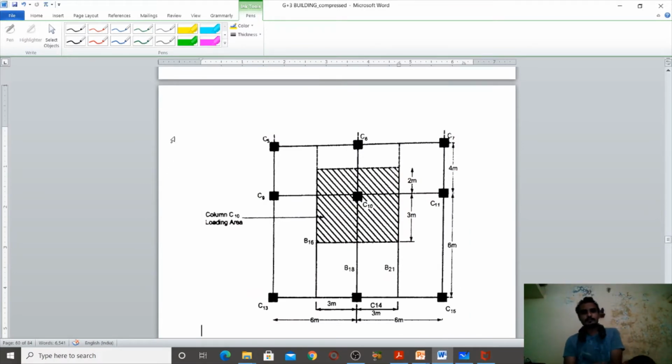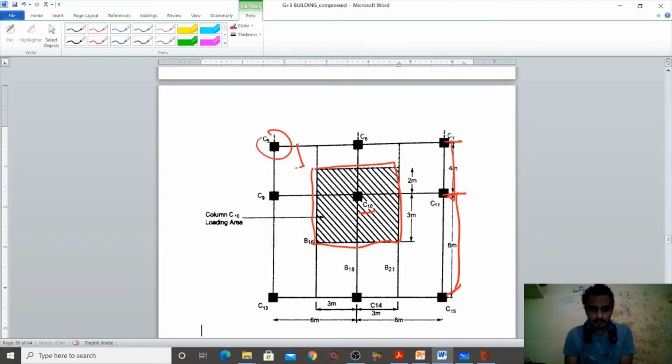And look here, here's a figure of the load. It's column 10, with 6 meter and 4 meter spans. On the column we have half of the slab load. If I am going to design this slab, my half slab load is on column 50, half slab load is on column 9, and on column 10 it's half of the slab load.